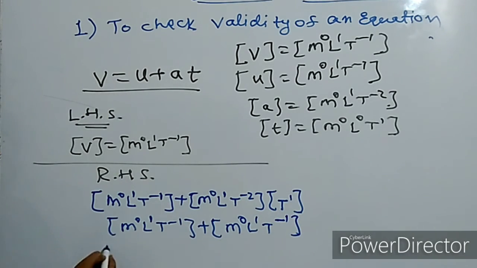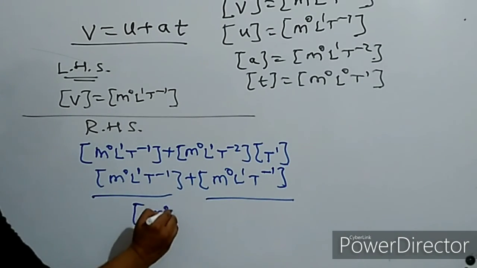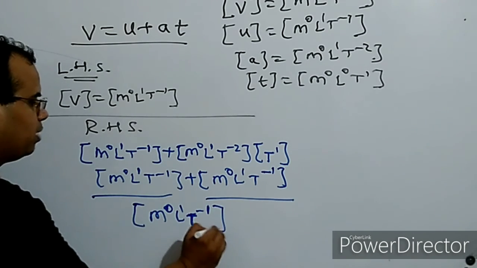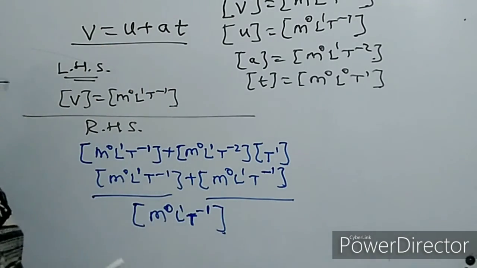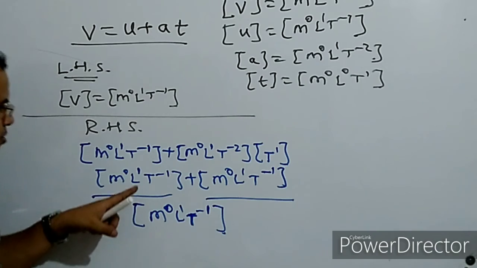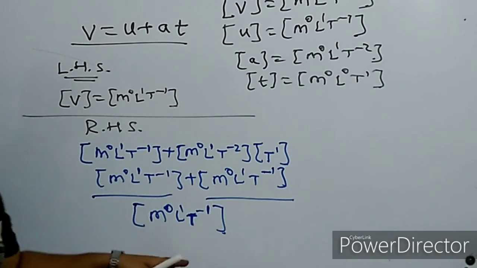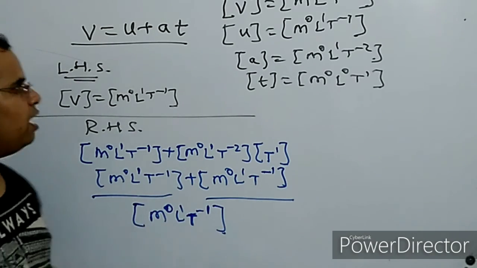So here you can see that these two quantities have the same dimensions. If they have the same dimensions and they are added, do remember that after adding these two quantities, you will be getting the same quantity only. ऐसा मैं क्यों कह रहा हूँ? अच्छा बताइए आप कि अगर आप लेंथ में लेंथ को ऐड करते हैं तो क्या आपको वॉल्यूम मिल जाता है? नहीं, लेंथ में लेंथ को ऐड करने पर लेंथ ही मिलता है। इसलिए अगर एक डायमेंशन वाली क्वांटिटी में उसी डायमेंशन वाली क्वांटिटी को ऐड किया जाएगा तो डायमेंशन तो सेम रहेगा, इसलिए m0 l1 t to the power minus 1 आएगा।